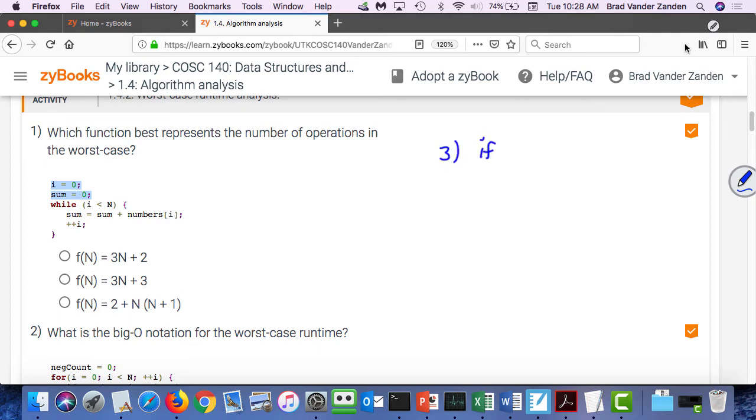Now, if it's an error case, we tend to assume the error case doesn't happen. But otherwise, if it's a normal thing where either the true block could execute or the false block, we have to assume the worst. So what we do is we say that the running time of an if statement